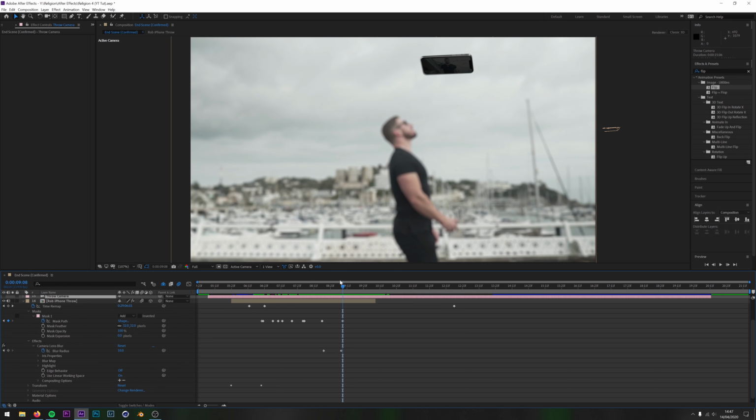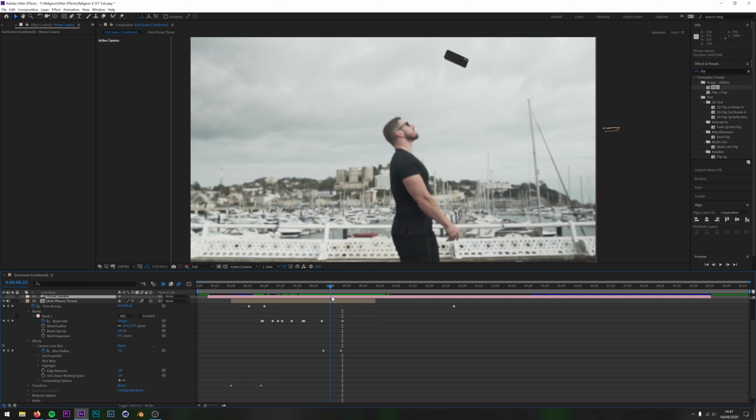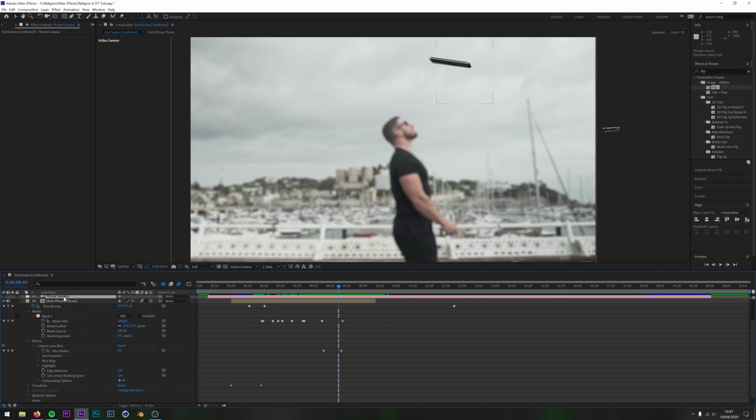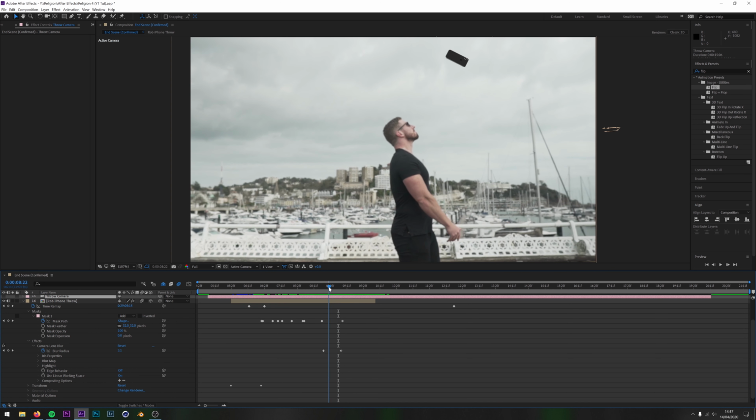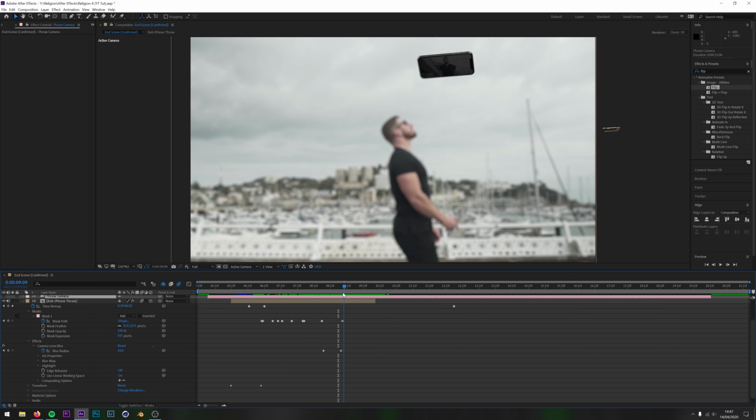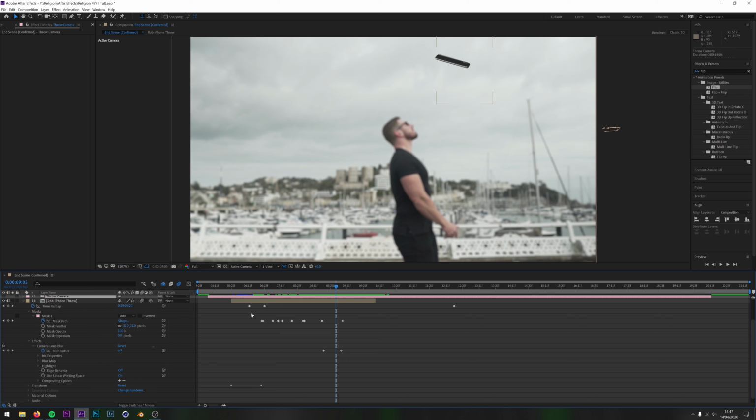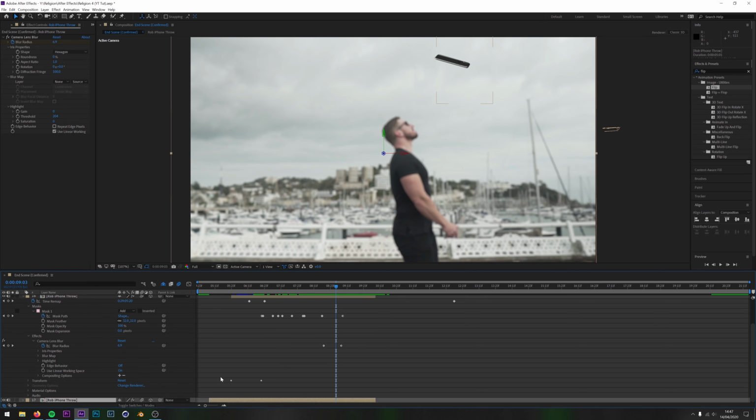But now I've turned the camera off, you'll notice the fact that it's now sort of mimicking that depth of field look. As the phone comes close to the camera, which is actually switched off now, but as the phone comes closer to the screen, because I've used the position keyframes, there's this depth of field, or it's fake depth of field. It's not actually any depth of field being used from the camera for this. It's just a camera lens blur on this layer and on this layer, because obviously this one is a mask to this one, so they have to be completely the same.